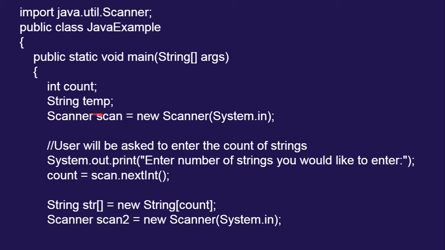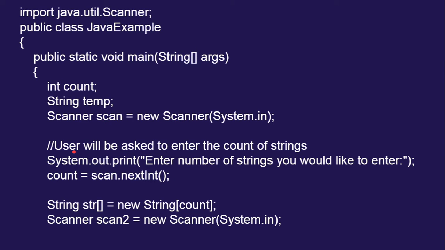And now Scanner scan = new Scanner(System.in). This is the statement which creates an object called scan. As we have seen earlier, the class name comes first and the next name is the object name. So scan is the object of the class Scanner, and new is the operator to create the object, and this is from System.in. We have System in and out, in for the input and out for the output. So from the System.in it is going to get the input through the Scanner class on the object